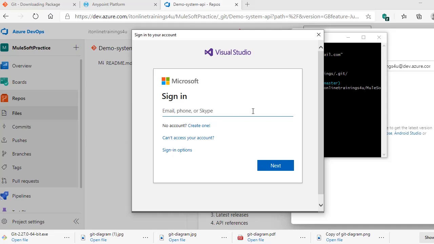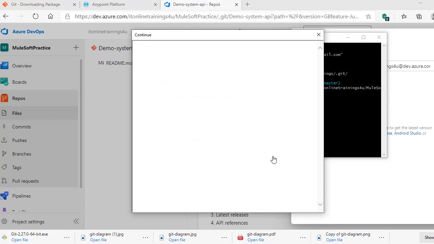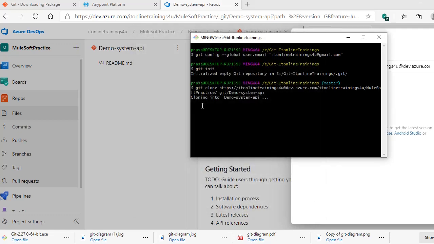For the first time it will ask for the credentials. Here it is cloning it.